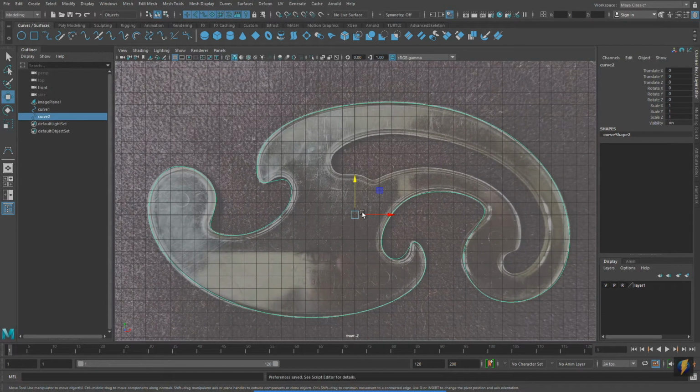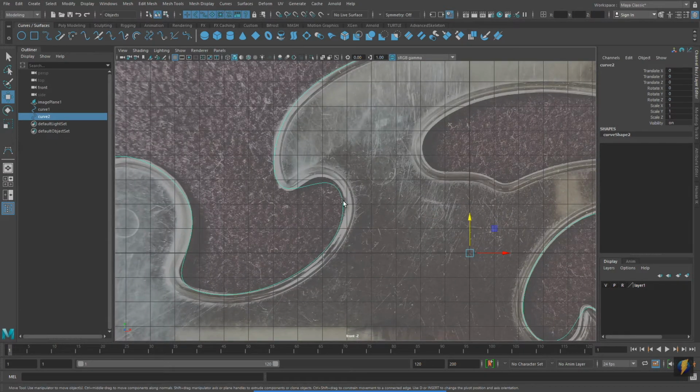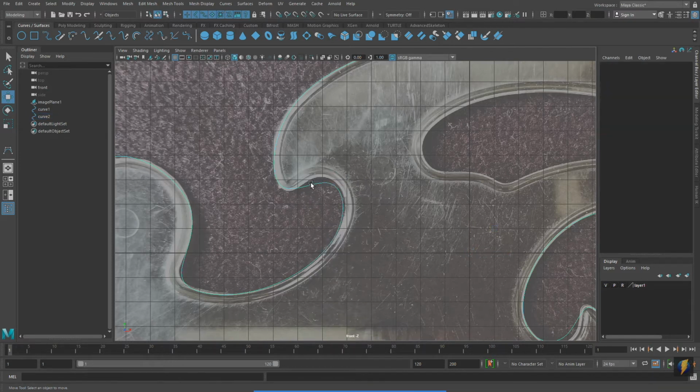There are a couple different ways that I can add more edit points. One way is to right-click on the object, the curve in this case, and select Curve Point. This is another component of Nurbs curves. The curve point can be located anywhere on the curve. I'm middle mouse dragging on it, and wherever I decide to put an edit point, I'll just simply release the middle mouse button